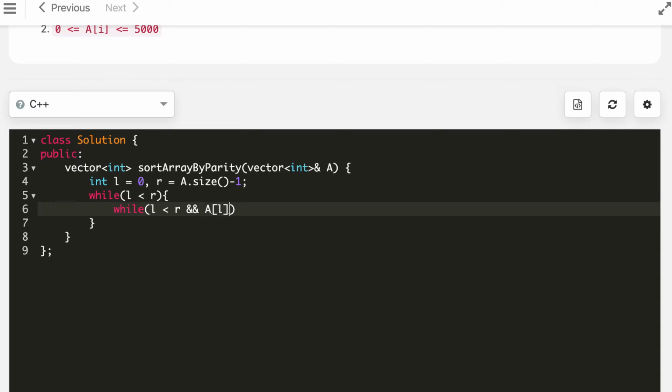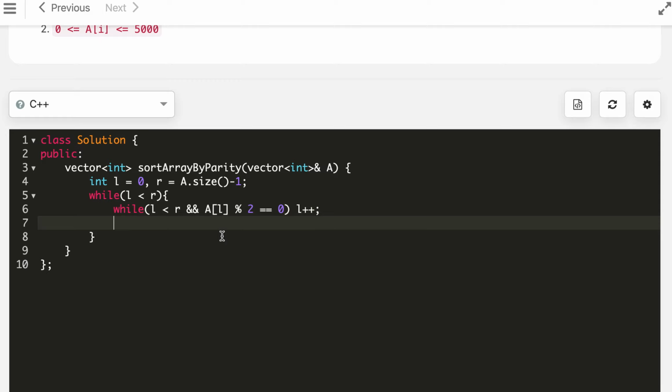So when L is pointing to even, then it's fine. We are looking for the first odd. So if L is less than R and A[L] modulo 2 is 0, we do L plus plus, and it will continue until either L reaches R or we find an odd value.